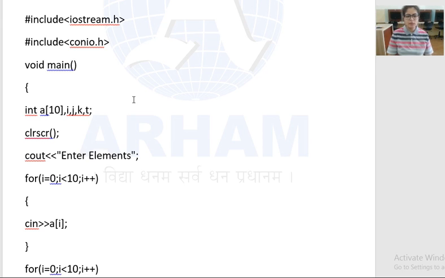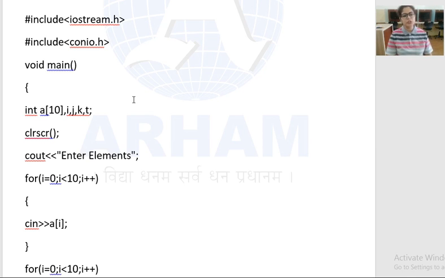Getch function is used to show you the output on the output screen, because sometimes in Turbo C++ it happens that when you compile or run the program, it flashes you back to the main screen without showing you the output.